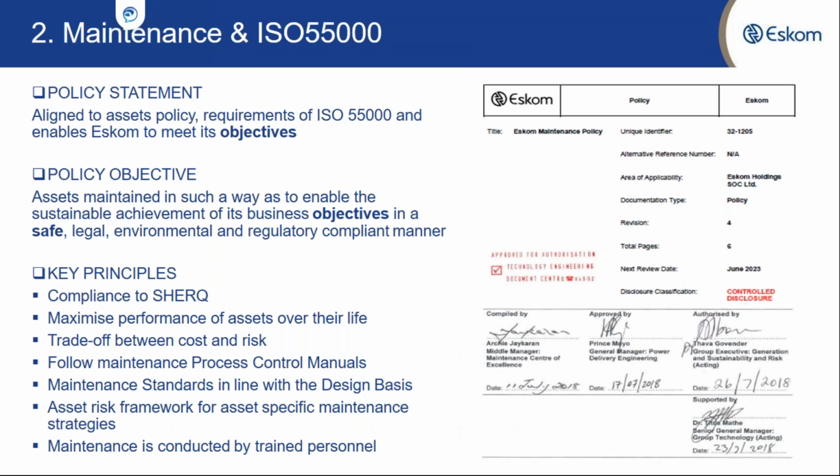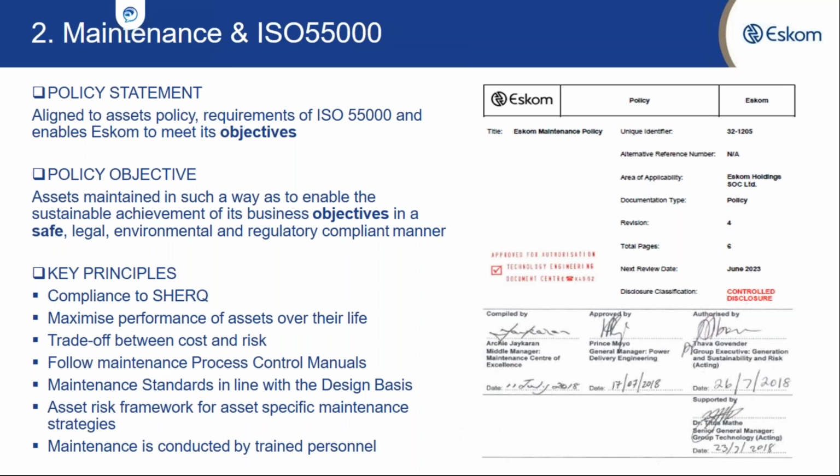policy. The example you are looking at is from ESCOM, and it starts with a policy statement to indicate the intent. For ESCOM, it says that maintenance should be aligned to the asset policy requirements of ISO 55000 and enable ESCOM to meet its objectives. That is the high-level intent that this policy seeks to drive. Then the policy objectives relate to what is to be achieved. And in the case of ESCOM,